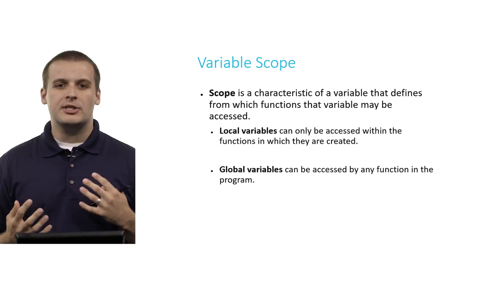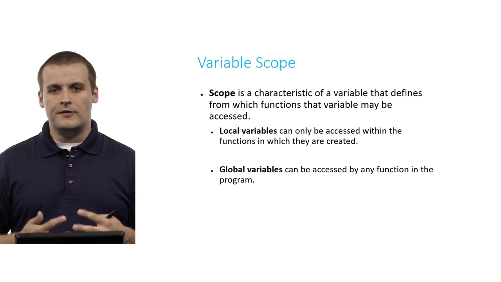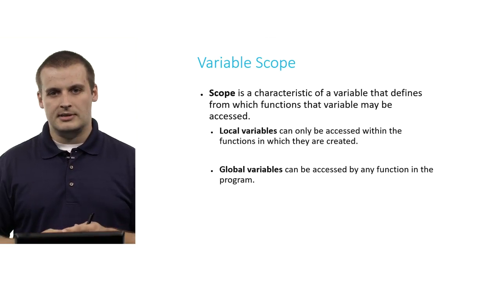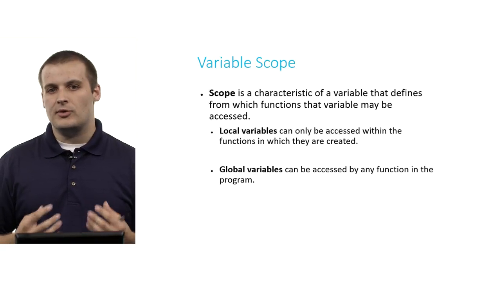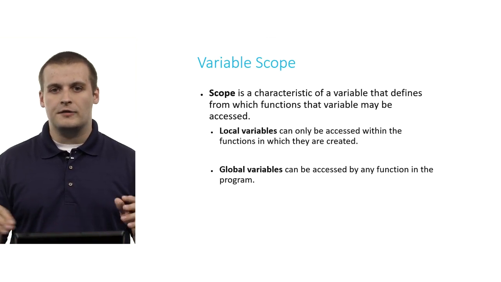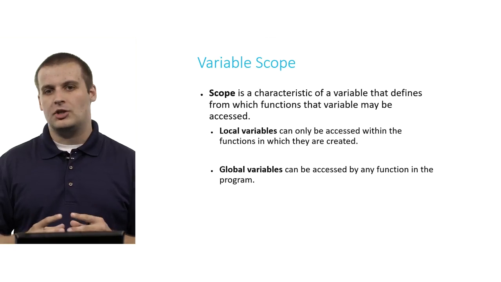As you start working with functions, another thing is going to become really important to understand, which is the concept of variable scope. Scope is a characteristic of a variable that defines from which functions that variable can be accessed. There are two primary scopes in C: local variables and global variables. Local variables can only be accessed within the functions in which they're created. They can't be accessed by every other function that exists in your program, only the function in which it was